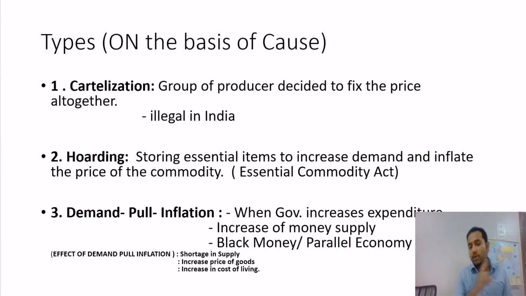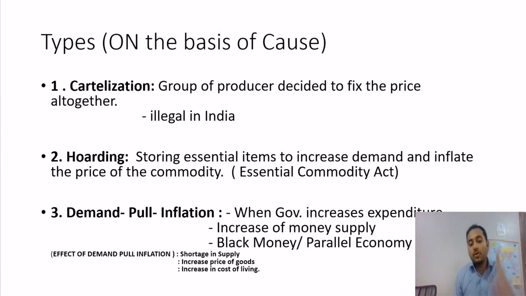Now we also have demand pull inflation. What is demand pull inflation? It's clear. When demand is pulling the rate of growth of inflation, it is called demand pull inflation. How does it happen? Suppose we have too much money, we will spend that money, and when we spend the money, the demand for that particular item in the market will increase. That is called demand pull inflation. So definitely the demand will increase when there is more cash liquidity in the market, when too much cash is infused in the market.